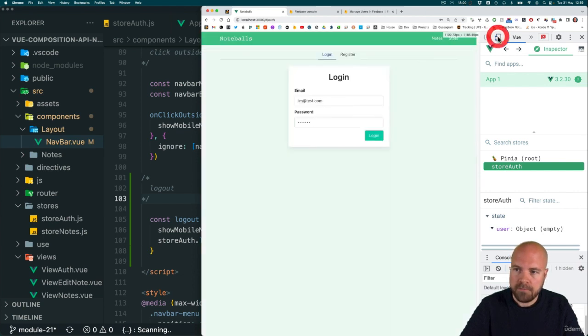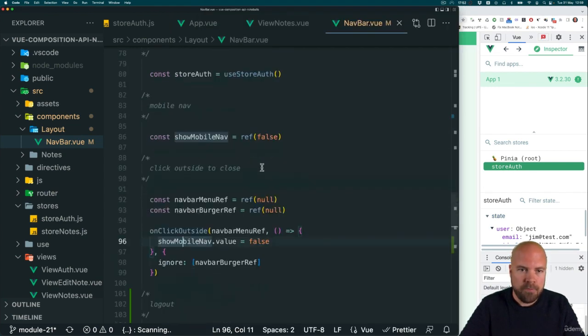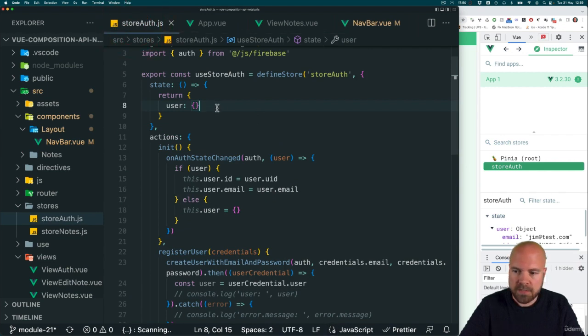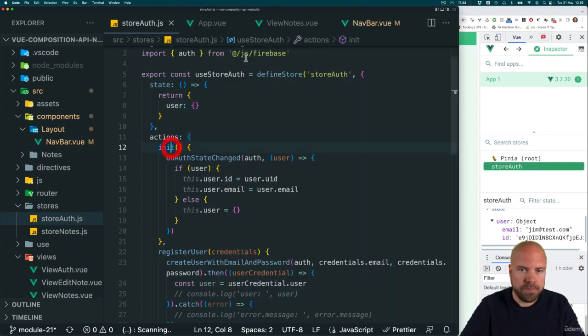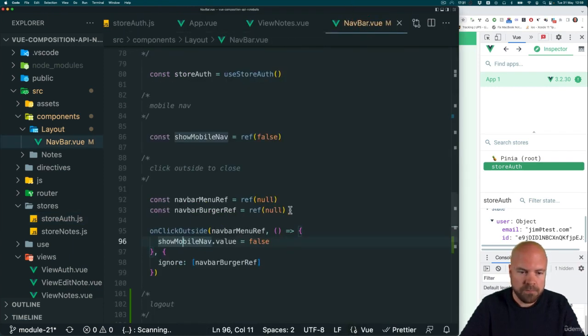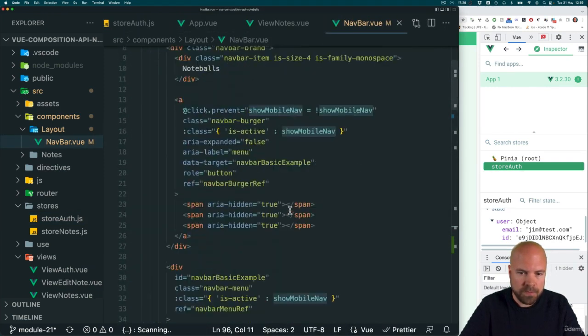And just as one little finishing touch to this logout button, just log in so we can see that. Let's display the user's email address here. And remember, we're going to store the user's email address in this user object in the state in our auth store. And we can see that here in the DevTools. So we can just grab this email address from here. So let's jump back to navbar.view and jump up to the logout button,